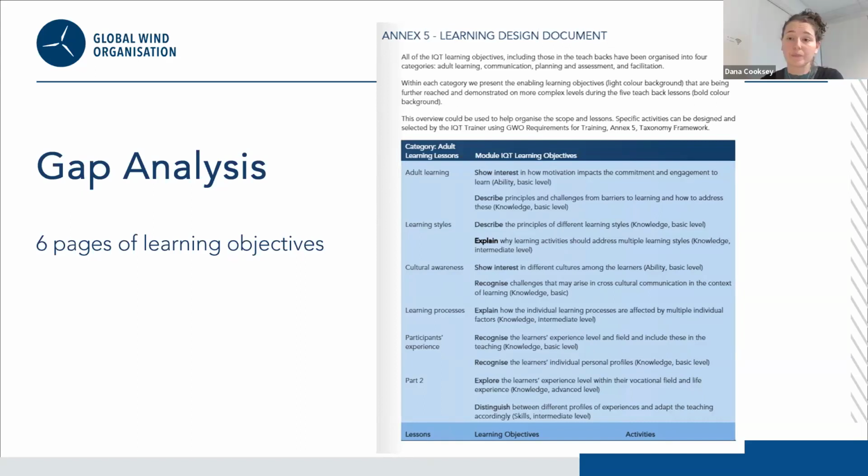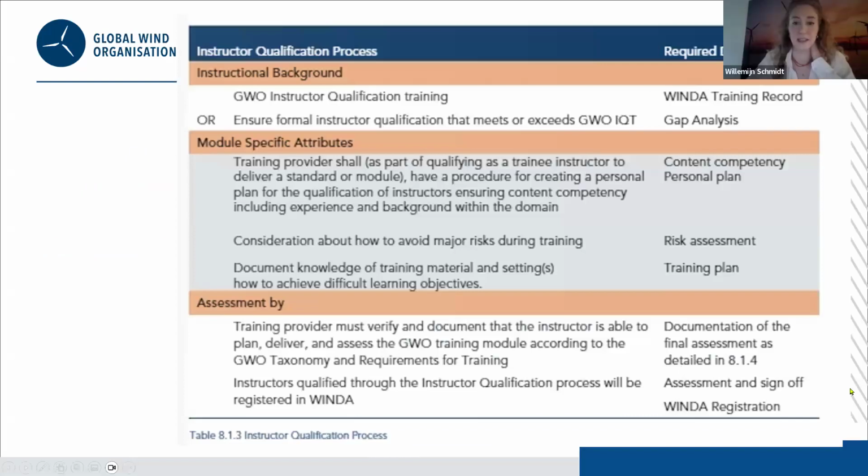Yeah, absolutely. If there's time, there are also some questions about the assessment from the previous slide. Sure. So, on who will do the assessment in table 8.1.3. Yeah, and this one was exceptionally complicated to write because we are trying to give the training provider who